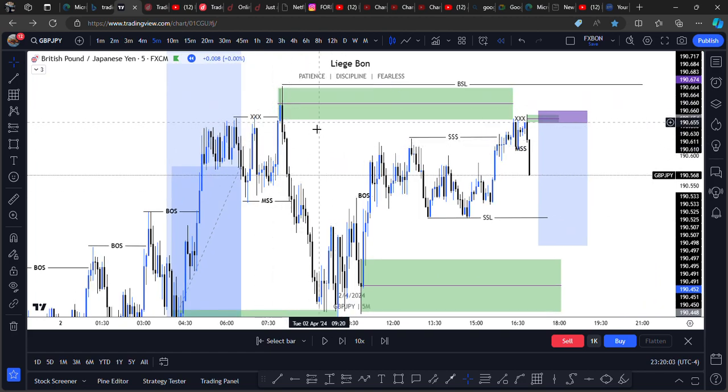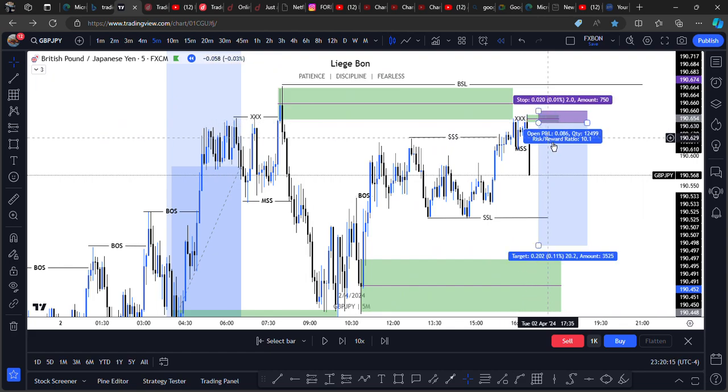This is a valid supply. This supply took out liquidity and gave us a shift, valid. Also piled up liquidity, valid. And giving us another shift on the 1 minute time frame, valid. Of course, we can go for a sell, but